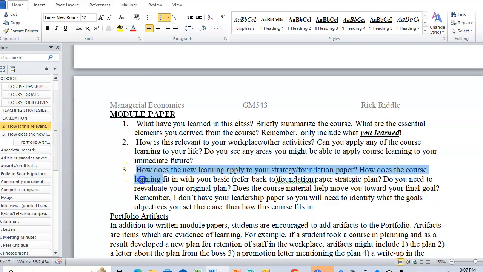Part number 3, how does this class fit into your foundation paper? Since I don't have access to it and I don't want to have your foundation paper, I want you, though, to start by telling me what the goals and objectives were that you identified in your foundation paper or that you modified later on in another class when you reevaluated those goals and objectives. And then how does this class fit into furthering you in terms of those goals? You need to reevaluate your original plan. Now, that might be based on something that you found out, geez, I really like economics and I want to change to something numbers oriented and